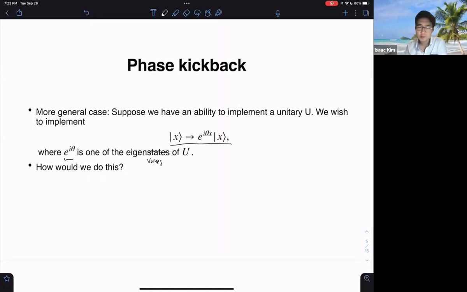Again, I want to start with the simplest example. Let's say x is a single bit. So single qubit. x is a single bit, so we only have one qubit. Then I will claim that the following circuit implements